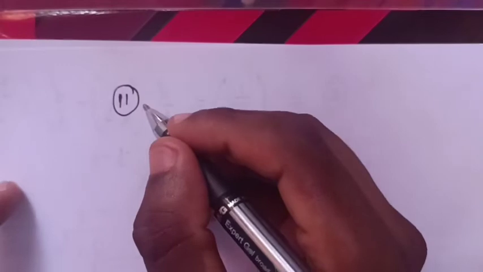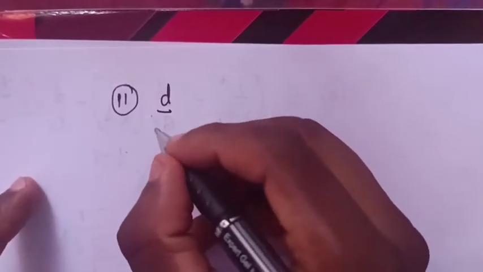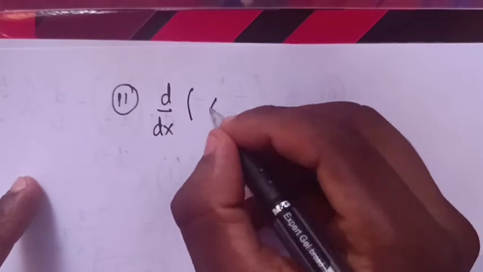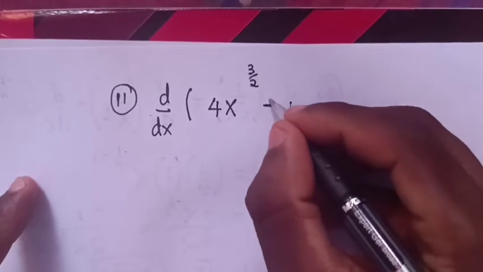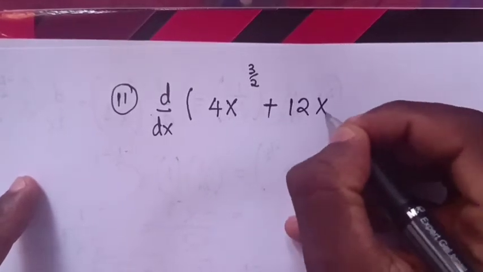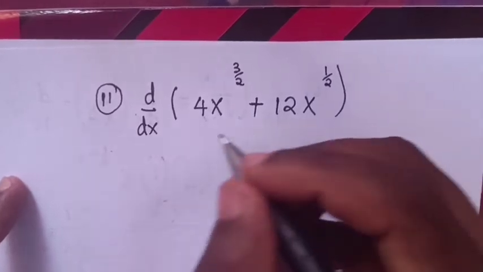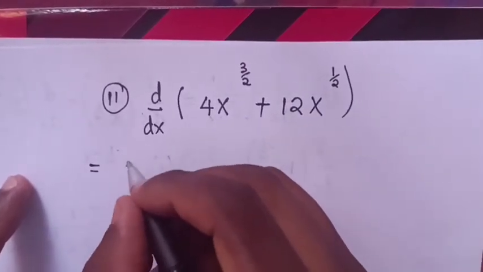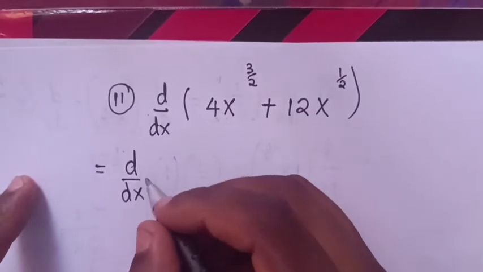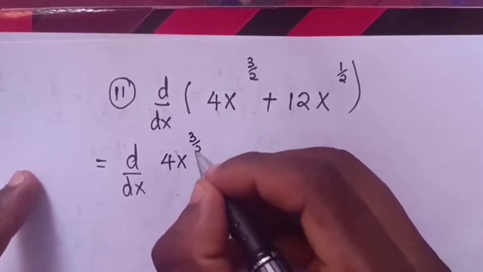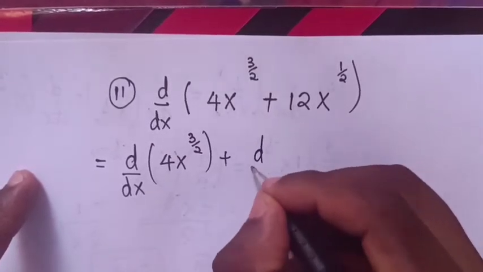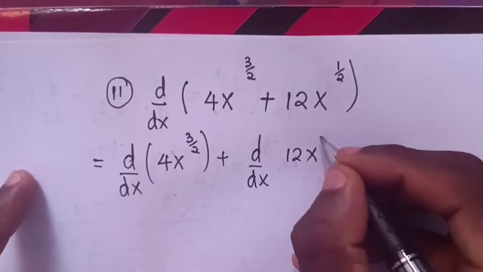Now let's go to the next example. Example 11. The last example is 12. So let's go. This will be a bit more challenging. Derivative of 4x to the power of 3 over 2 plus 12x to the power of a half with respect to x. We derive first each term: derivative of 4x to the power of 3 over 2 with respect to x plus derivative of 12x to the power of a half